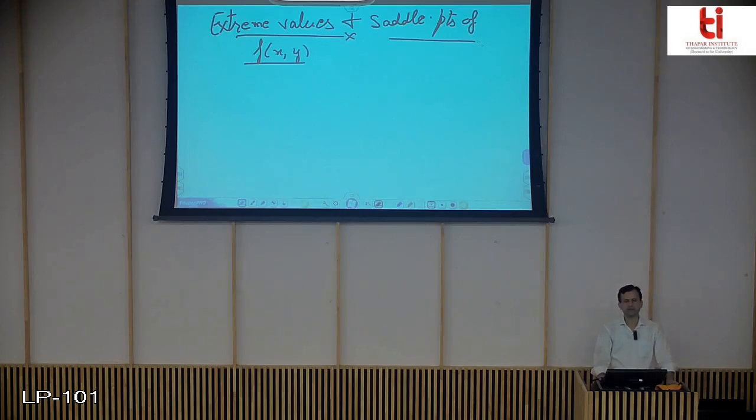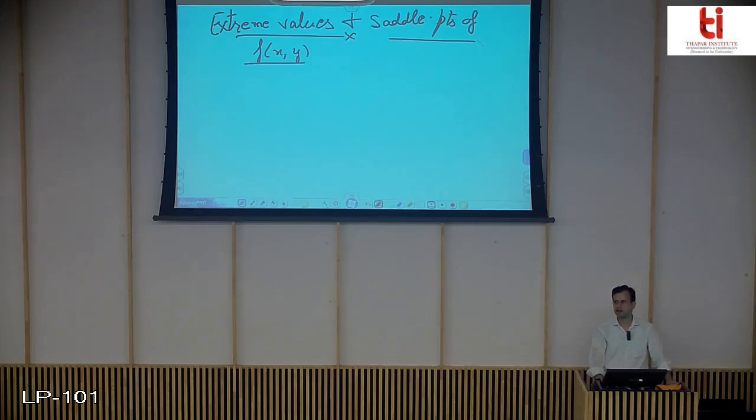Okay, so in the last lecture, we did extreme values and saddle points of function f(x,y). So we did some of the theory related to how to find the extreme values and saddle points of a two variable function. There we did some of the theorems that will help you to locate the extreme values, that is, where we can find the extreme values, basically at critical points and boundary points.